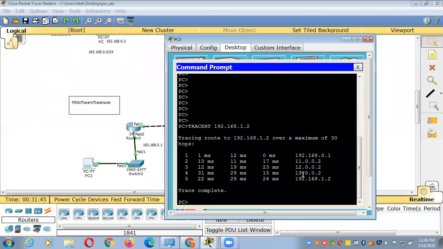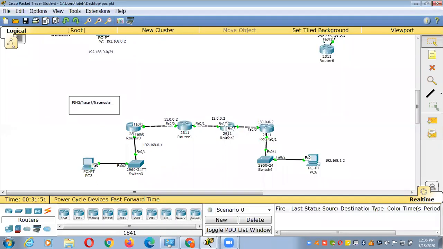Suppose you are stuck at 12.0.0.2. Then you understand that the problem is here, since the traffic is not forwarding from here. So you will start the troubleshooting from here.